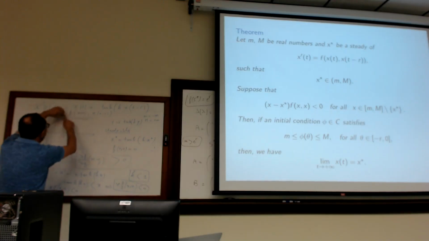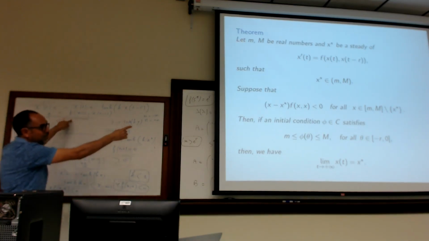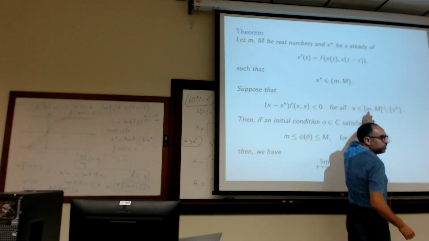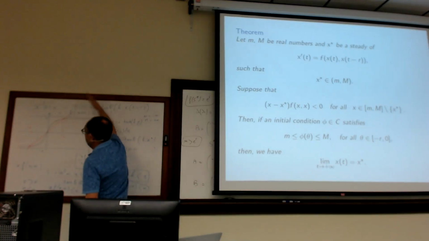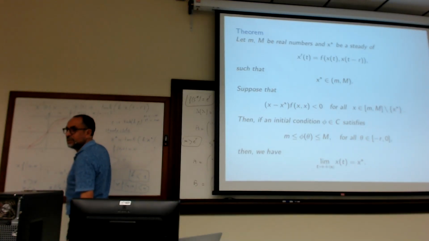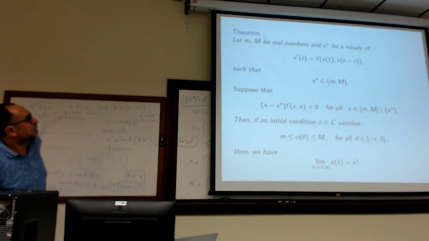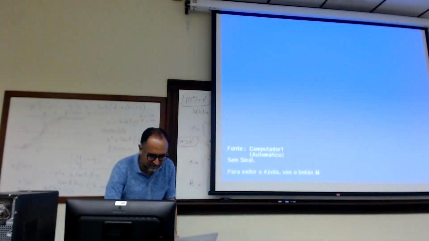And if I am here, in the other part, this is negative, but it works also. Okay, that means this property is satisfied for small m equals to 0 and big M equals to plus infinity, because after that it will never change. I will have always this if x is bigger than the steady state. At the end, small m? No, it can be 0. There is no assumption. Yes, you cannot be near 0, but never 0.